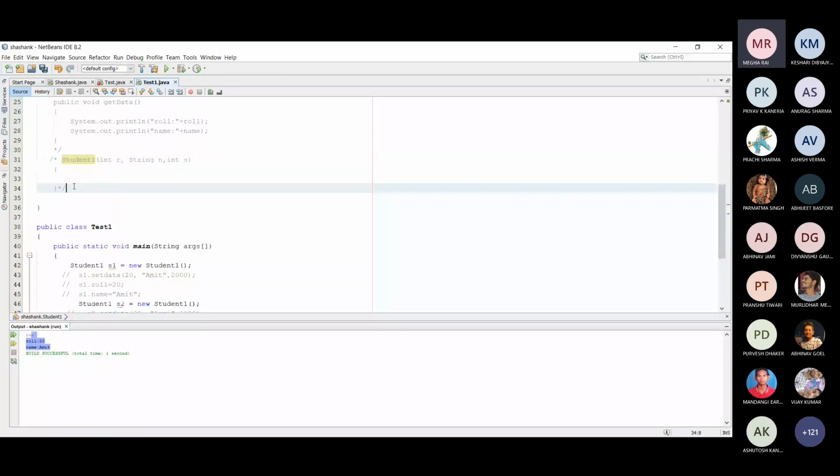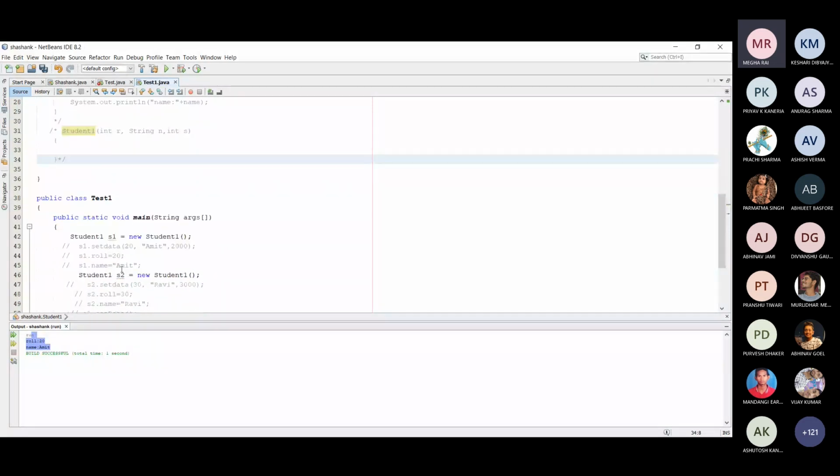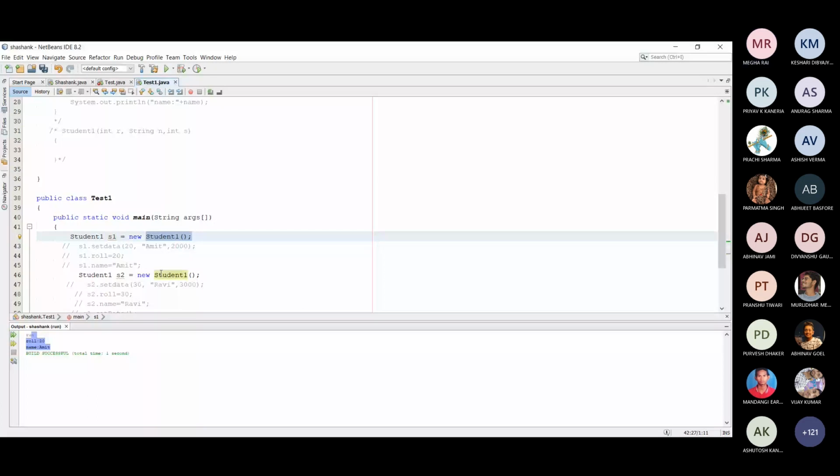After commenting the parameterized constructor, you can observe that for student s1 equal to new student, now a default constructor is provided by the Java virtual machine, because there is no constructor there. But if there is any constructor provided by the program, in that case the Java virtual machine doesn't provide a default constructor.